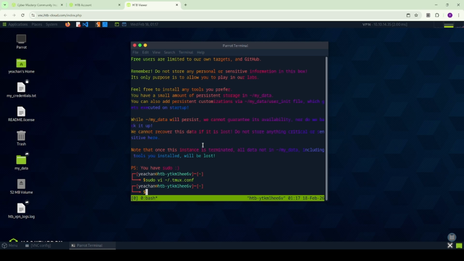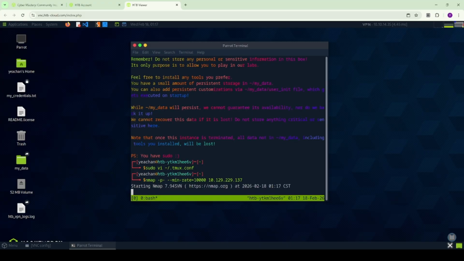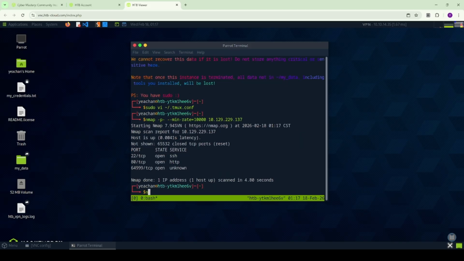So we will perform the scanning at this stage. And then port 22, default script, version detection, and